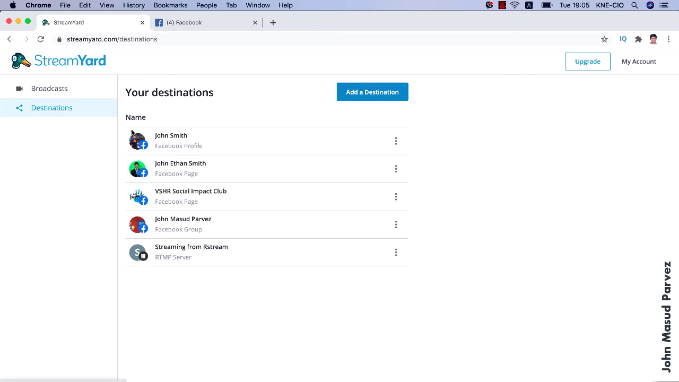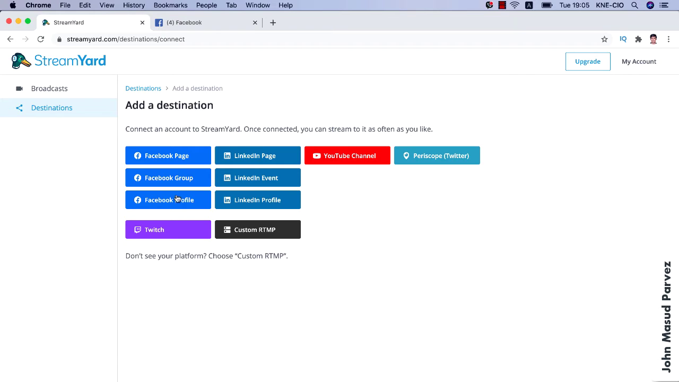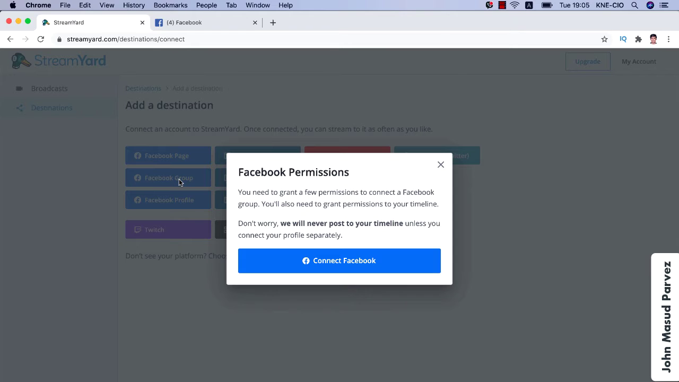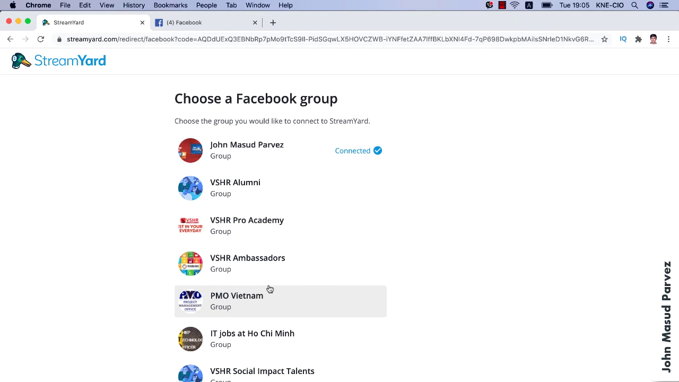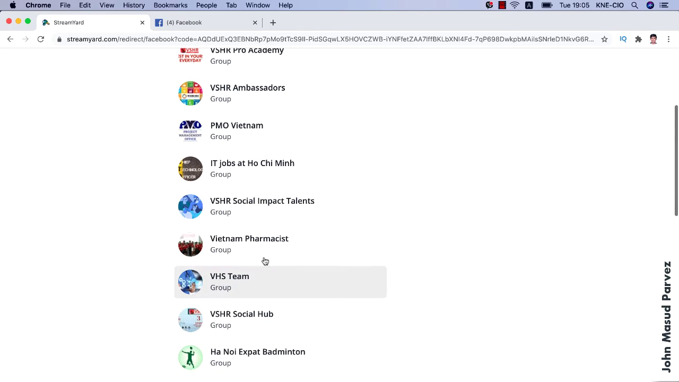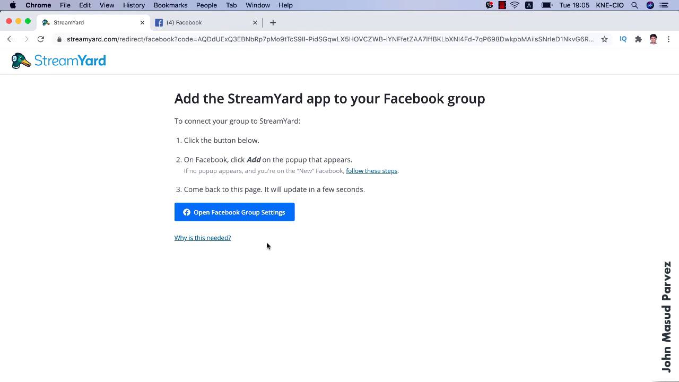So I come back, add destination, and select my Facebook group, connect Facebook. After I do this, I can see I have many groups, so I just took the Vietnam Pharmacist group, open Facebook. When I do this, it's actually telling me to add a small plugin into the group to make the automation happen. So open Facebook group settings. I'm gonna click into this button,